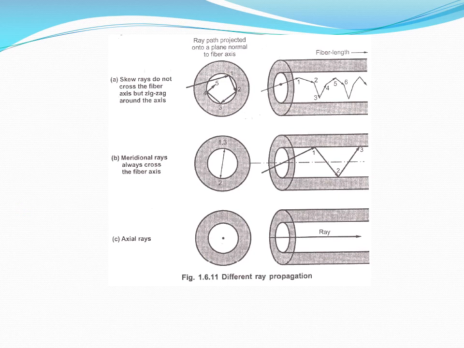Here we can see an optical fiber, and these are the skew rays propagating in the fiber. This is the path it takes. It is not just reflecting onto a single surface; instead it reflects on many surfaces. At point 1 it is reflecting, at point 2 it is again reflected, point 3 reflection, point 4 reflection, and point 1. If I consider this path traversed by the optical ray, the time taken by the ray to reach the fiber output will be more.